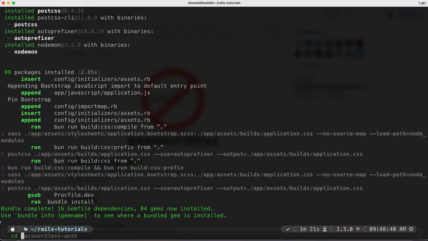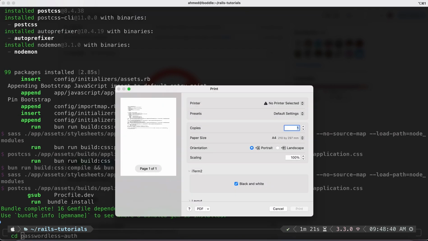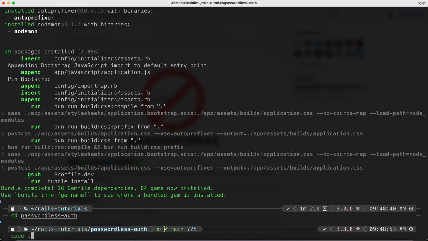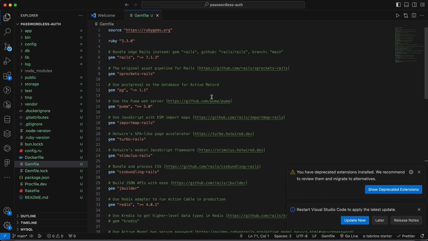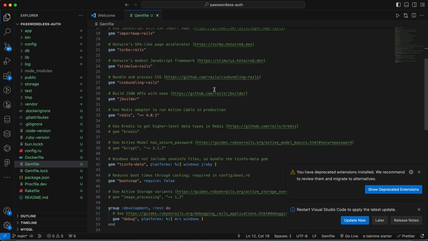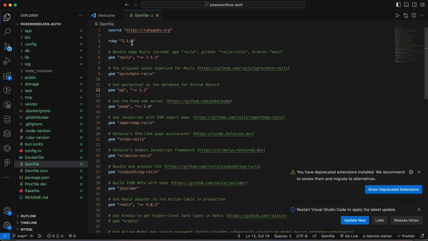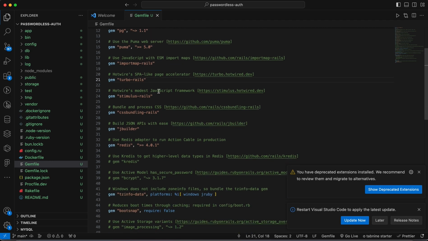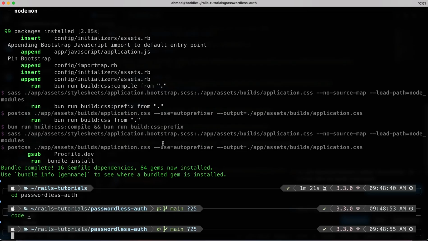Now let's go to passwordless_auth and open it in VS Code. Okay, so this is the application. These are the gems that come by default. It comes with Puma, importmap, Turbo, Stimulus, everything. So let's run our application. If we run bin/dev,